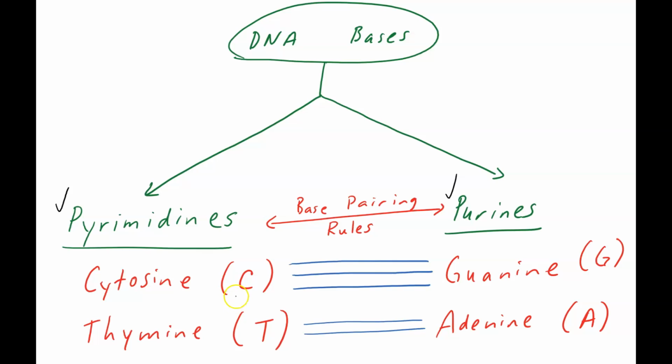We denote cytosine with the letter C and thymine obviously with the letter T, and then guanine and adenine, we delineate it there with G and A. So make sure you've got this down in your notebooks, and then I want to ask you another question